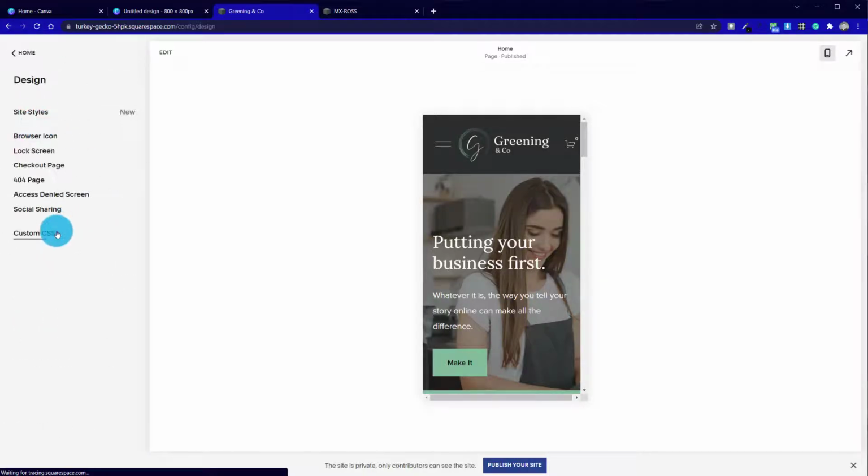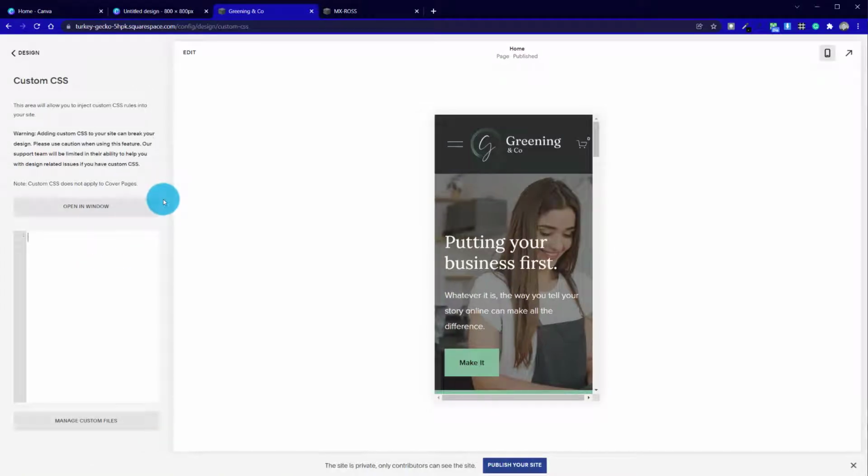Go into Design, Custom CSS, and I've got my text expander tool to add in a media query. If you're unsure what a media query is, it's an instruction to say only make these changes on mobile view. So you might have guessed it, we're up in the difficulty a little bit here, but if you do a quick Google search, you should be able to find media queries and examples that you can copy and paste easy enough. So we're saying here, make these changes for all devices up to a maximum width of 600 pixels,